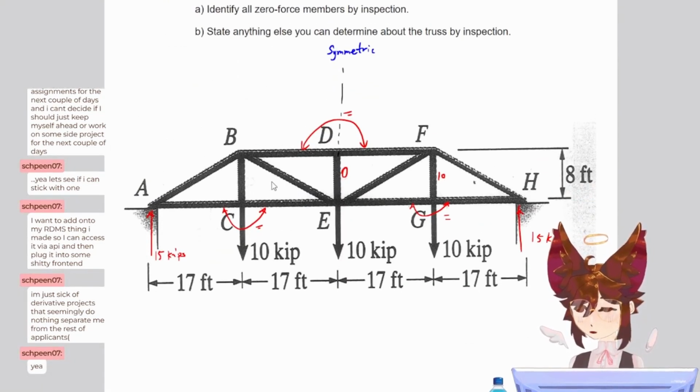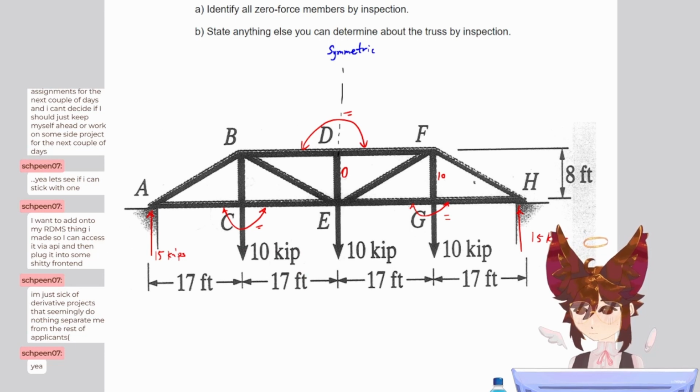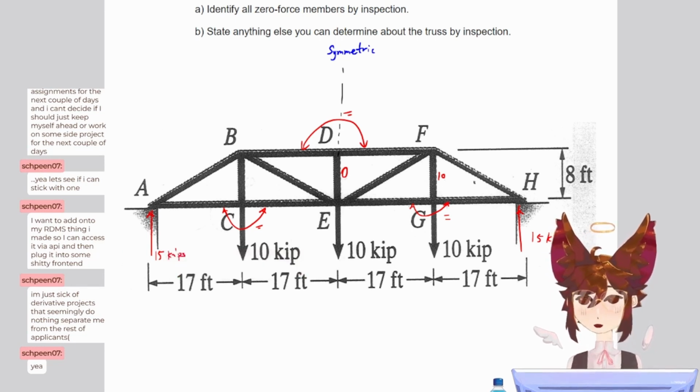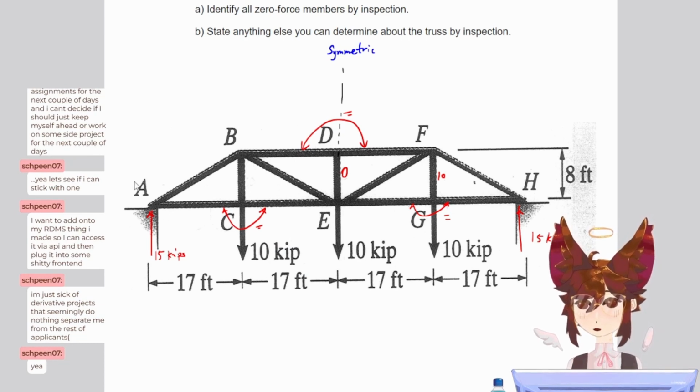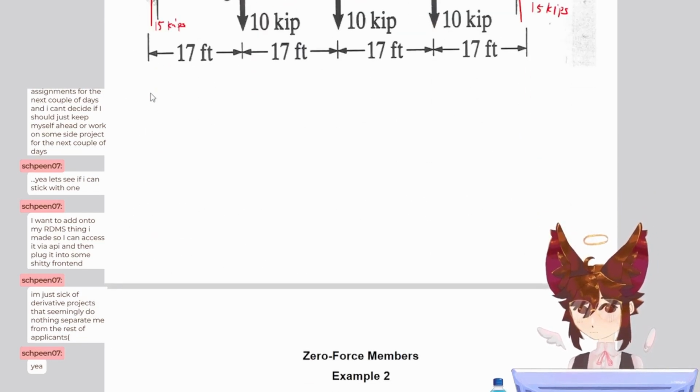Okay, by using the method that we have learned. So there's a normal force. Whoa, okay. I don't need to see that. You guys didn't see this. Okay. So there's an external force here, so that doesn't count. This one is too many. This one, there's an external force. This one is a zero force member. This one, way too many. This one, too many. This one, external force. There's just one, it's the middle one.